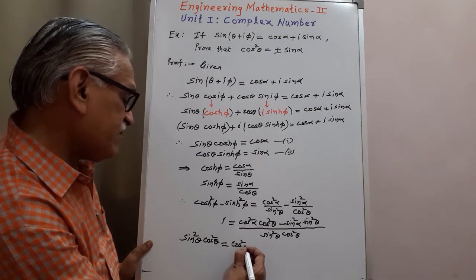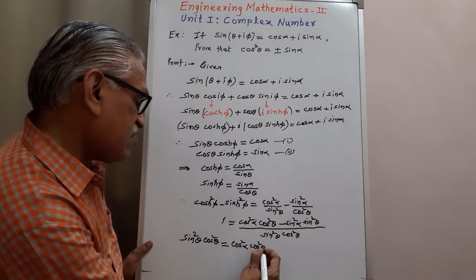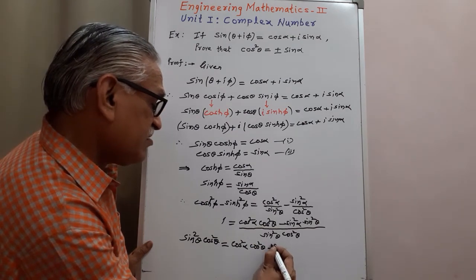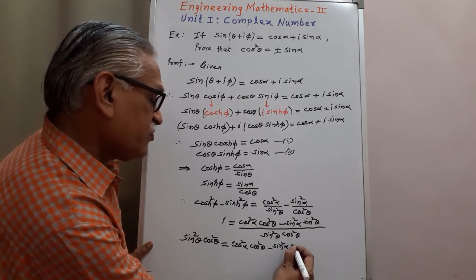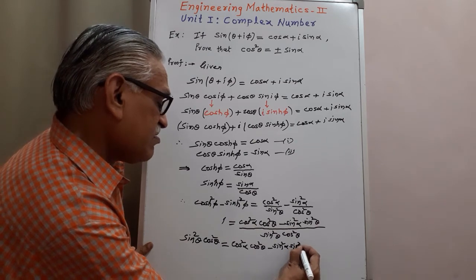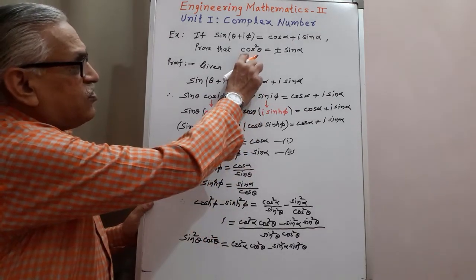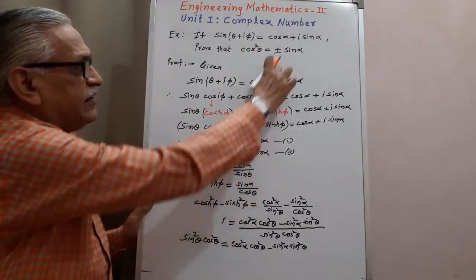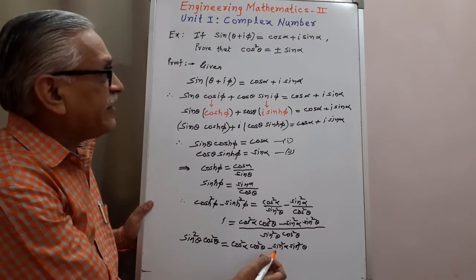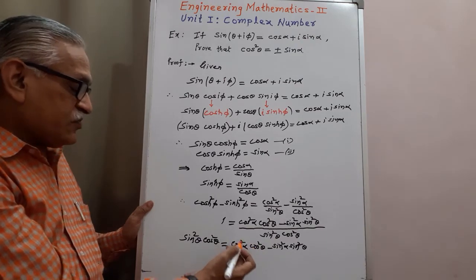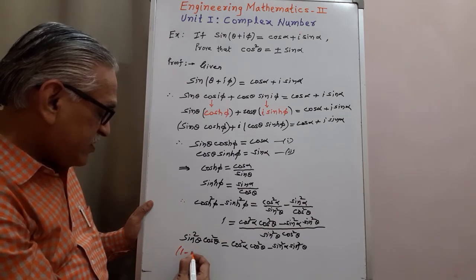cos²α cos²θ minus sin²α into sin²θ. Then rewriting it, we want a result for cos²θ in terms of sin α, means we have to convert sin²θ in terms of cos²θ and cos²α in terms of sin²α. Therefore, sin²θ I can write as 1 minus cos²θ